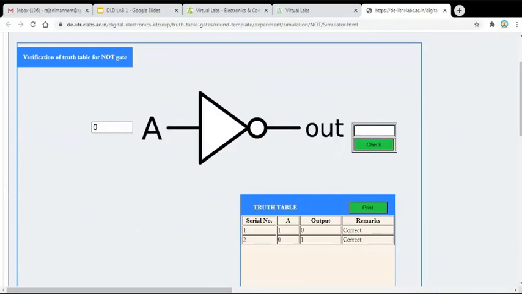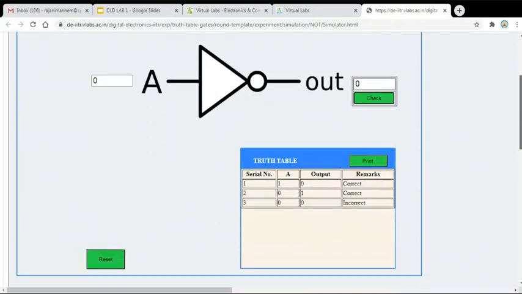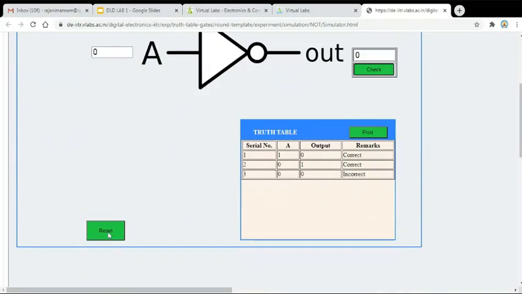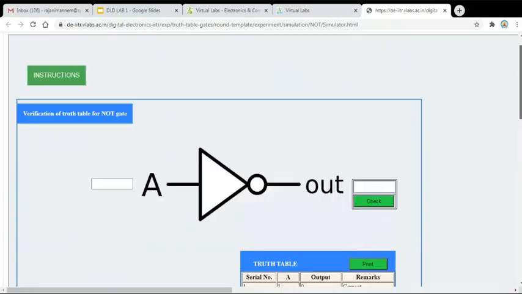Instead of 1, if we put 0 and check the condition, then the statement is incorrect, which means that is not a valid condition. So in this manner, we can check for the NOT gate. Here a reset terminal is present. If we reset, the input and output will not appear, because the gate will go to the initial state. Next, this is about the NOT gate.